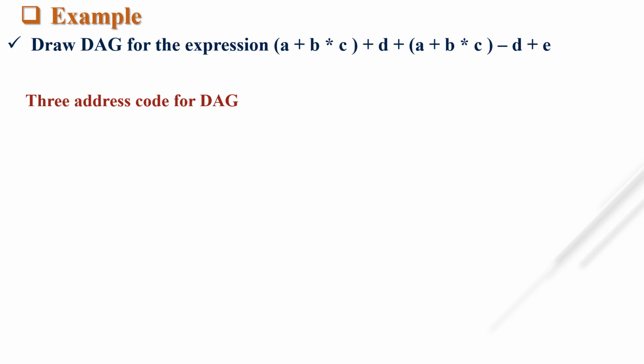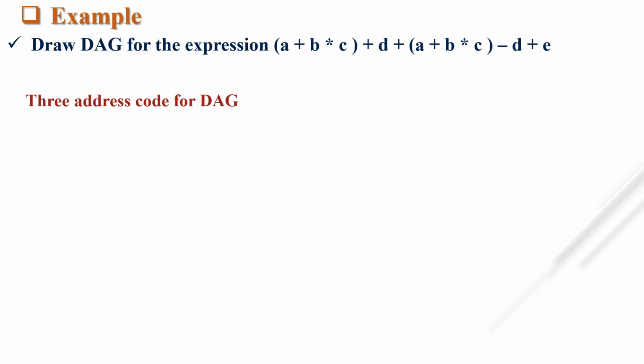So the next question is, draw the directed acyclic graph for the expression A plus B into C plus D plus A plus B into C minus D plus E. As you saw in the previous video, in a DAG the common sub expression will be eliminated. Also, the same operand is not used repeatedly in the directed acyclic graph, while in a syntax tree the same operand will